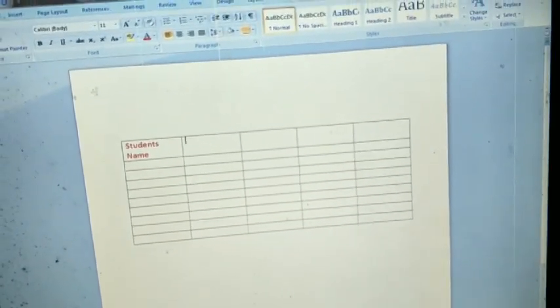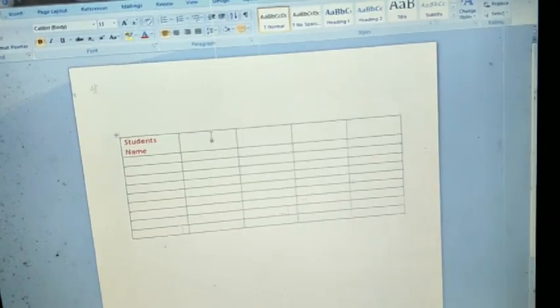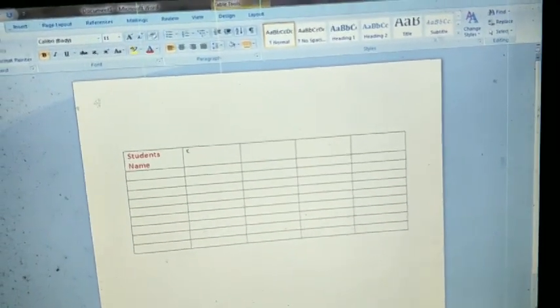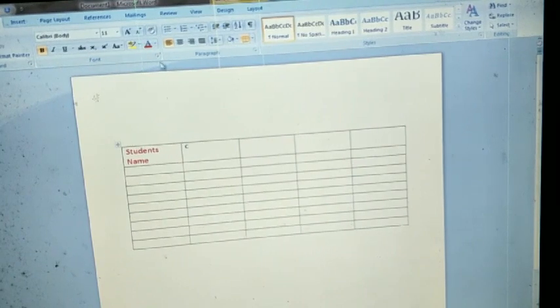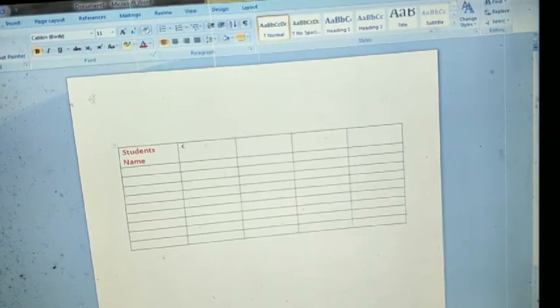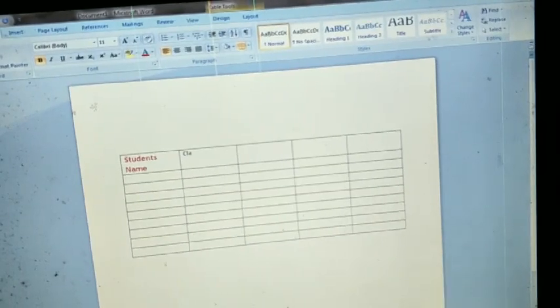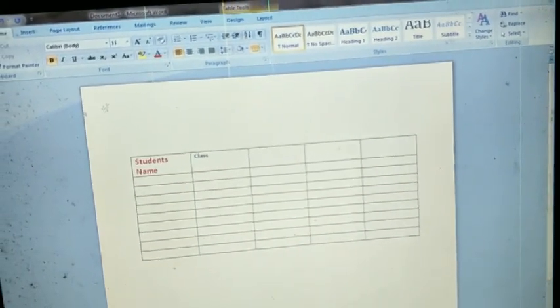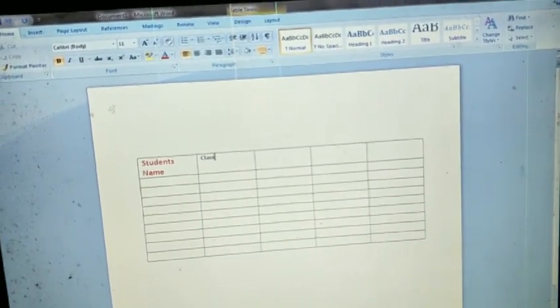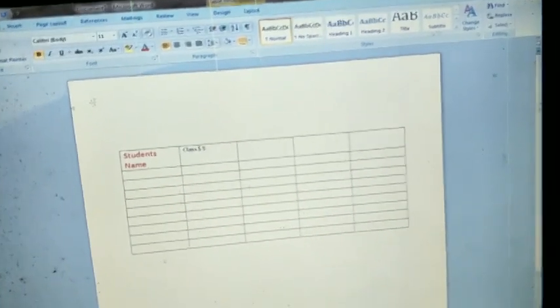Now move to the second column, write down the heading class and section.